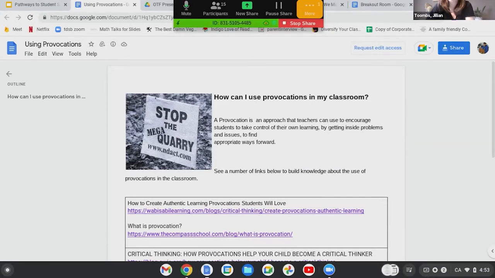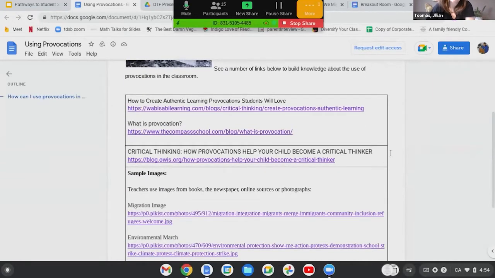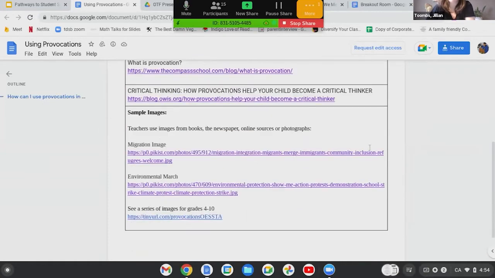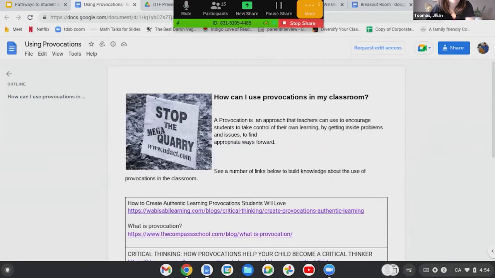But if this approach is new to you, or you don't do a lot of inquiry, or you're just looking to change it up, this is really handy. It explains what it is. It gives you some resources about how to create authentic provocations that your students are going to really love. And then it even has a curated selection of powerful images that may lead to some really great questions in your class that you can use.